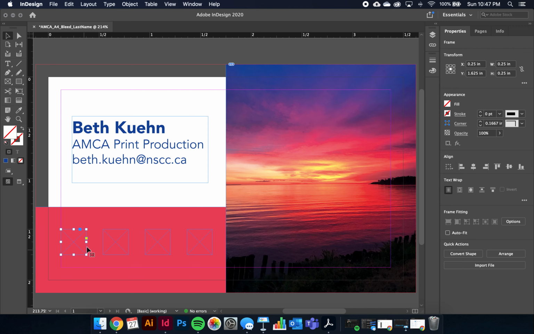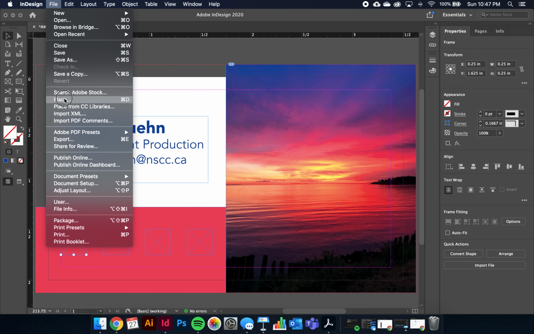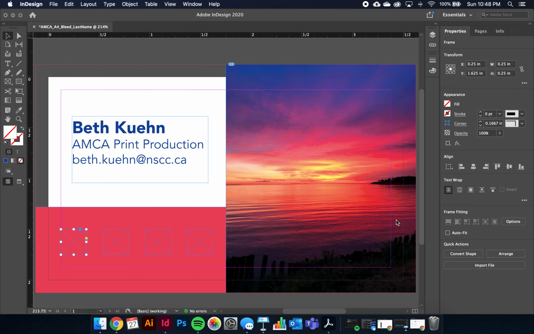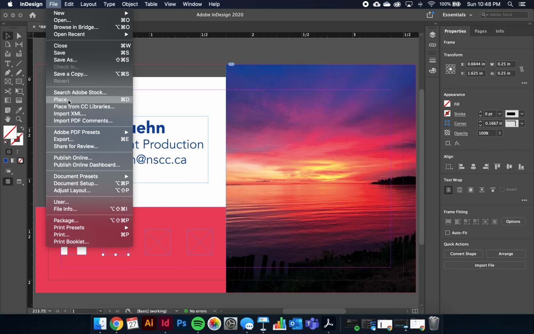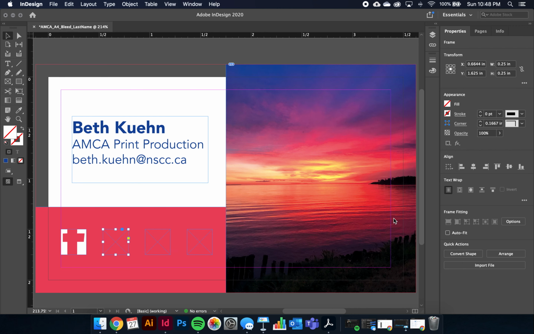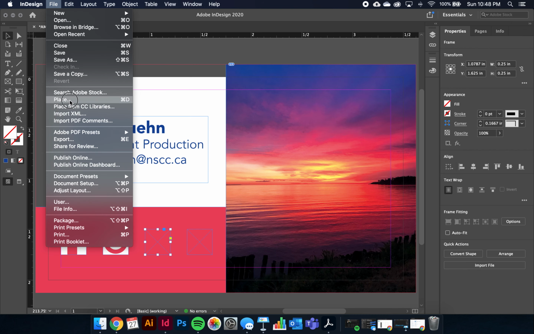Now I'm going to individually select each box, File, Place. And once again, you should be back in your A4 supplied files where it says Facebook, Open. File, Place, Instagram. File, Place,